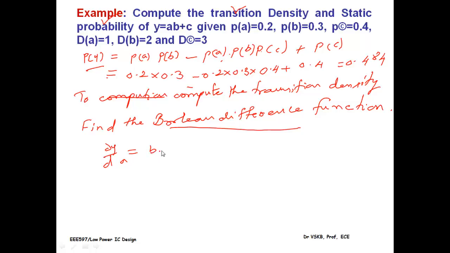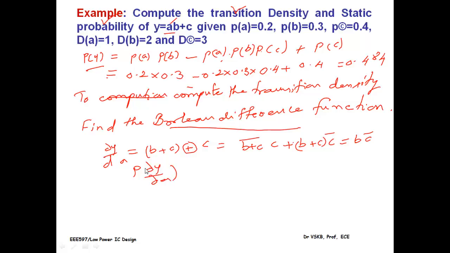That would be what? Fxi would be putting 1 for a, b plus c, XORed with putting a 0 for a would now amount to 0 dot b plus c, so plus c only, and I go for expanding the simple exclusive ORing, b plus c bar c plus b plus c, c bar, you expand, you will find b, c bar, and the probability of the same,